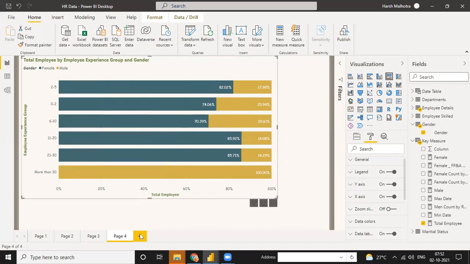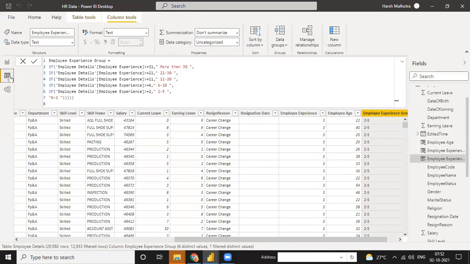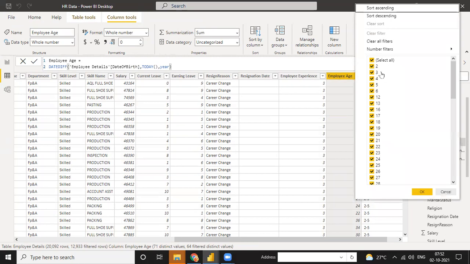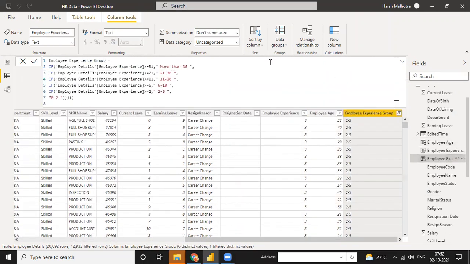In the same way you can use the second thing, like in the employee detail tab. Right now we have employee age. Okay, so once we go to the employee age, we have the smallest age as 2, but when we move down, the largest age is 73. It means you have to filter it by employee age. So employee age wise, we have to filter it. So for employee experience group, you can copy this function or you can write it, because we have employee experience.